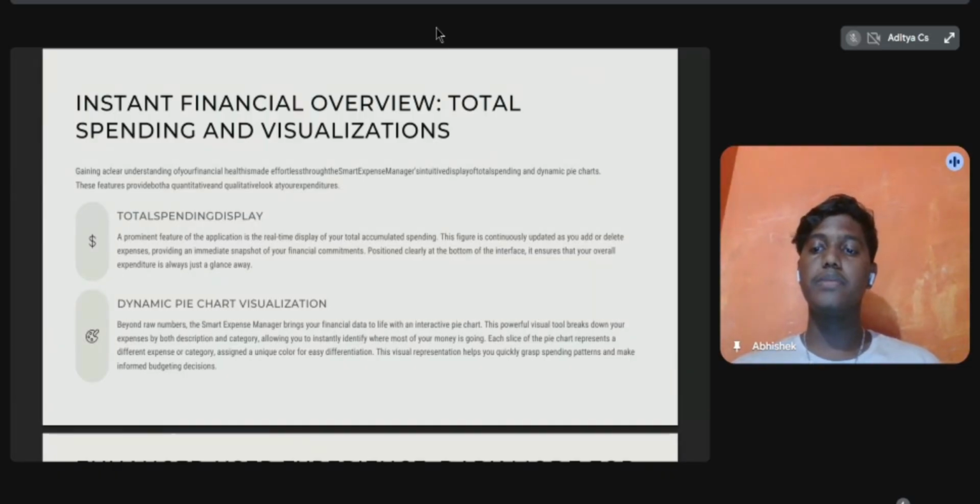Instant financial overview, total spending and visualization. In the total spending display, a single number shows your total accumulated spending right now. This number updates instantly every time you add or delete an expense. It gives you an immediate, up-to-date look at your overall financial commitment, usually placed clearly at the bottom of the